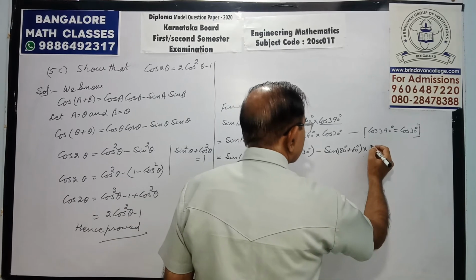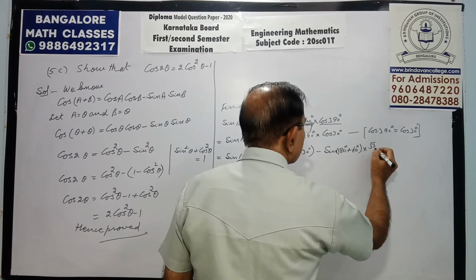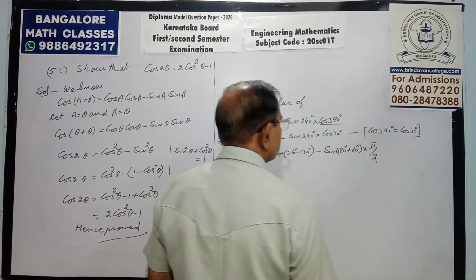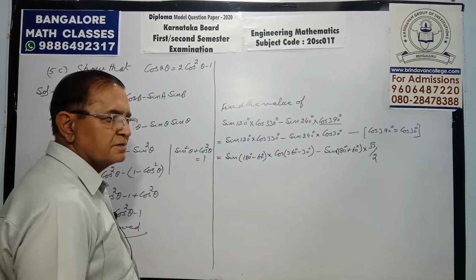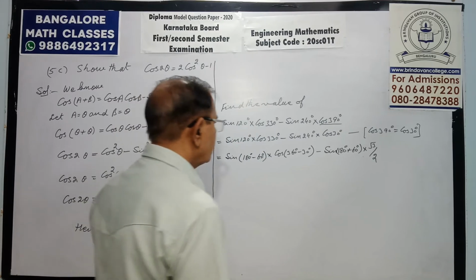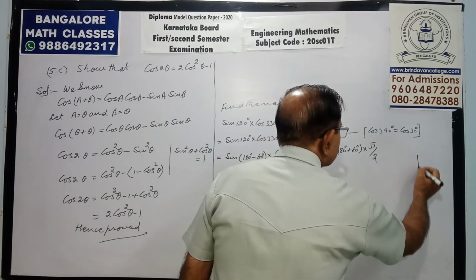Cos 30, that is root 3 by 2. Put this value directly. So like that. Now come to the quadrants